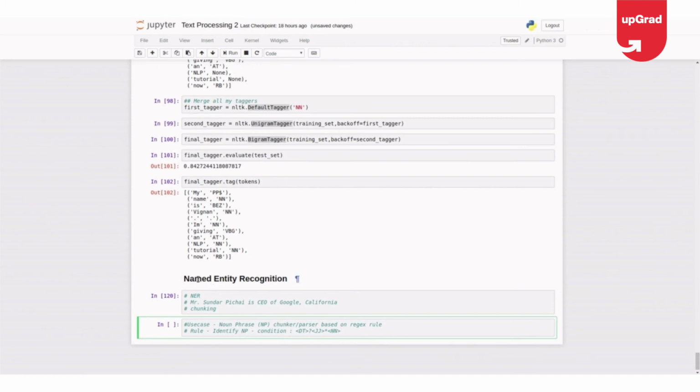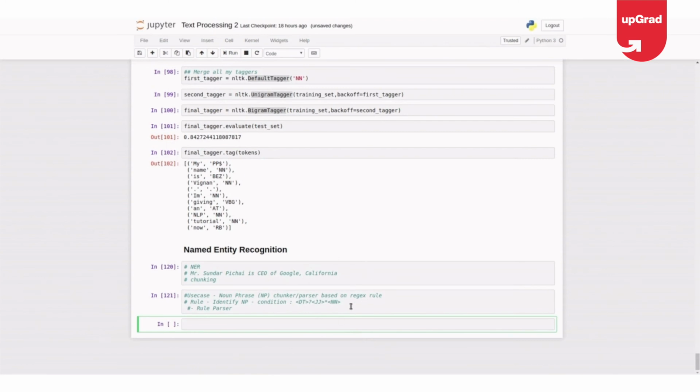So my NER, named entity, here is finding the noun phrase based on this rule. I'm building a rule parser using regex. So this is the overview. Now I'll implement it. As discussed, our pattern is to find a chunk parser for a noun phrase.